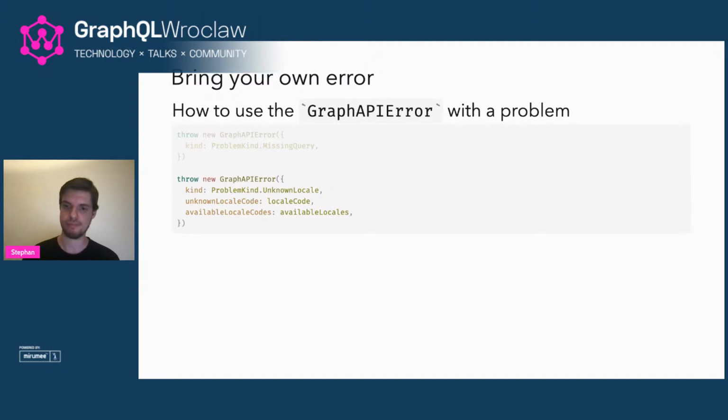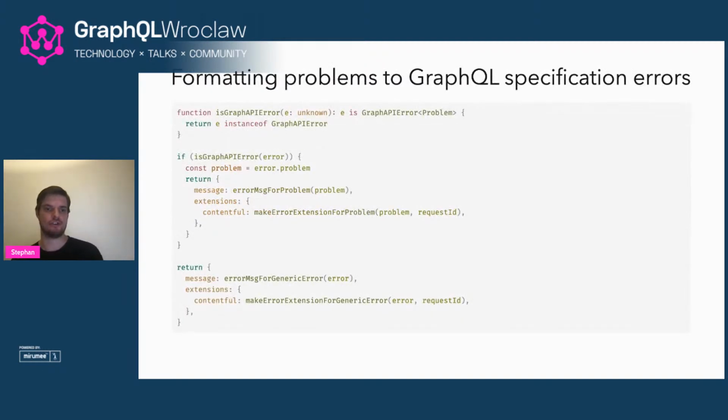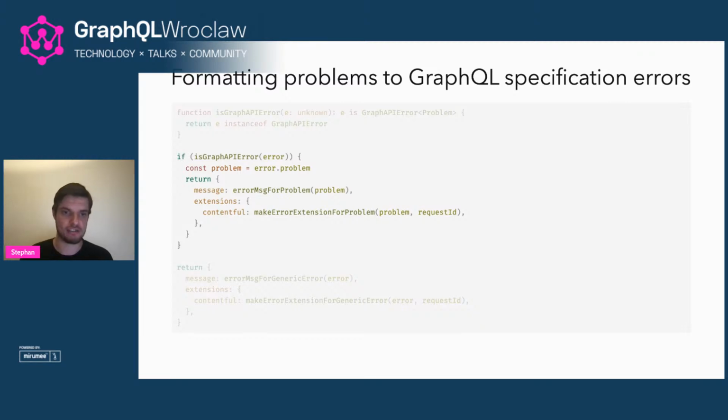That one here is how we are formatting problems to the GraphQL specification errors, because we want all those Graph API errors to look like specification compliant errors with as much useful information as we have. So we can basically just check on it. After we have gone through the request execution in GraphQL, we will have the data and the errors array, and we can just go over the errors array and say, hey,